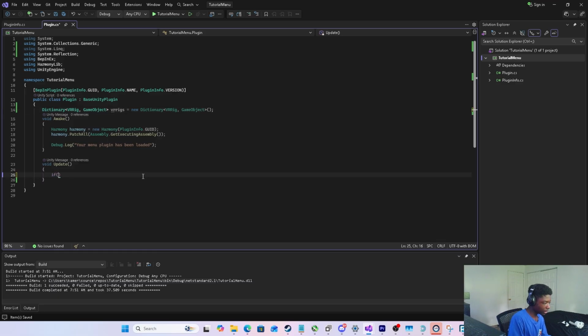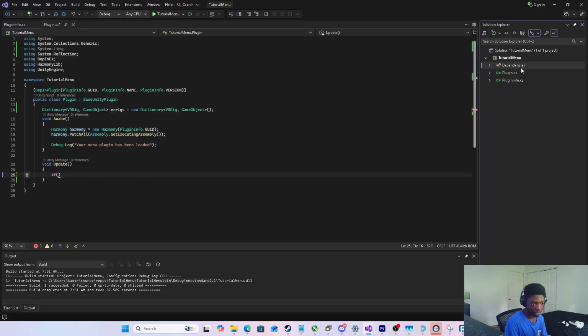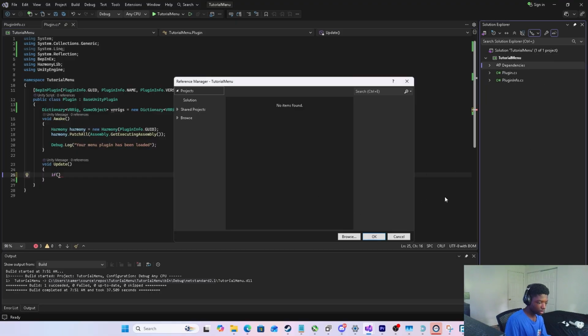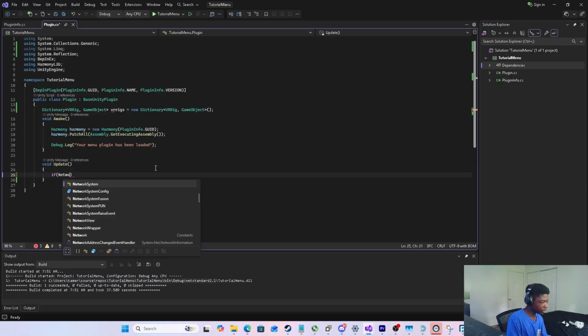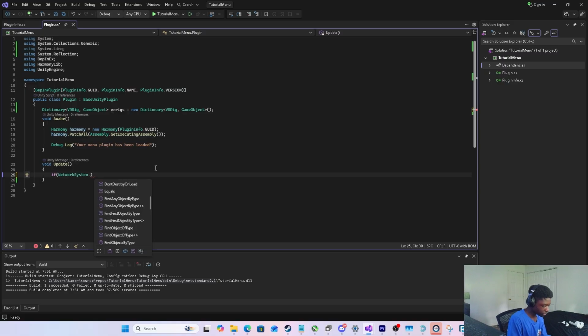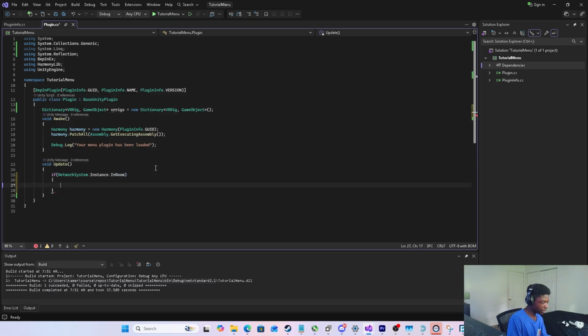Now over here, I need to check if I'm in the room. But I can't. Wait, I think we can. Wait, no, yes, I can check it. So I'm just going to use Gorilla Tag's network system. I'm going to do network system instance in room. I'm going to check if I'm in a room, and if I am, then I go through all the players. So what I'm going to do is for each VR rig